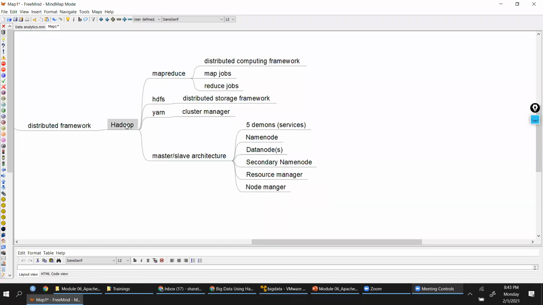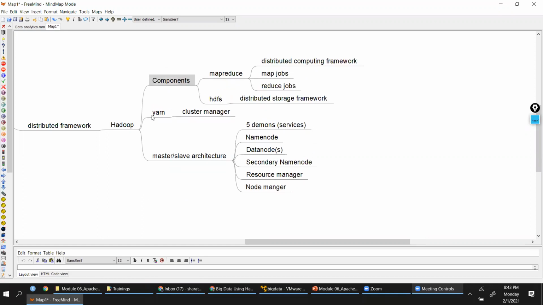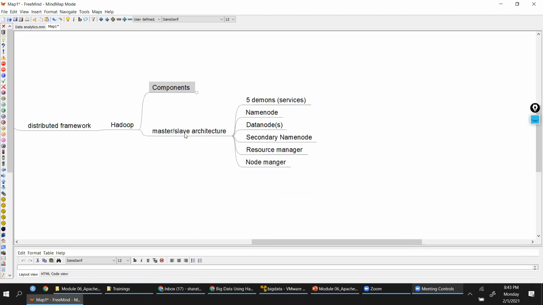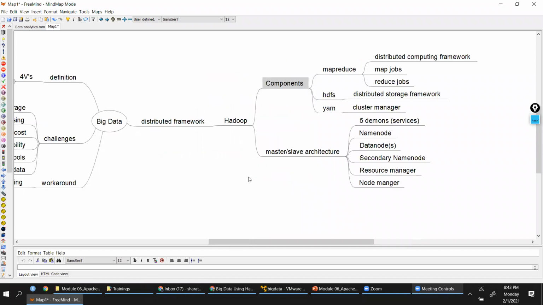So if I talk about components, then these are the components. Okay, let me just drag them here. Yeah. So these are the components, these are the services that we have, master slave architecture. This is about your Hadoop. But Hadoop, to understand at a high level, Hadoop is a framework.